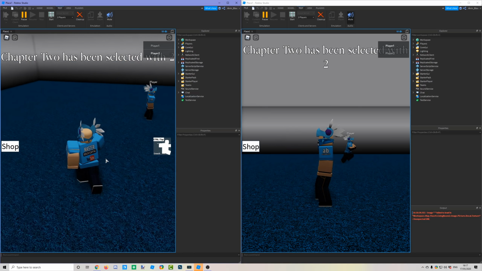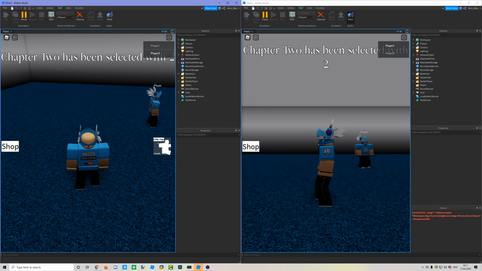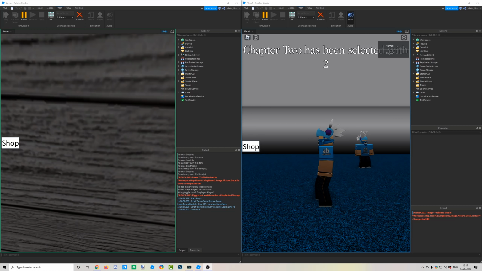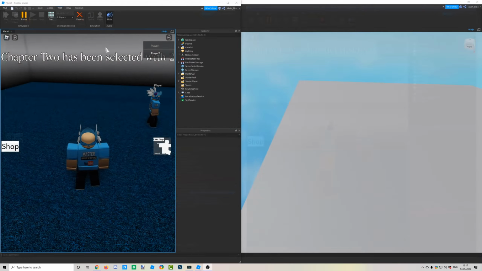There seems to be a bug. Piggy is not a valid member of replicated storage. I know exactly what's gone wrong here. The problem is, we went into the replicated storage .traps, which was good for the traps, but for the piggy, we just said game.replicatedStorage.piggy.clone. We should have said